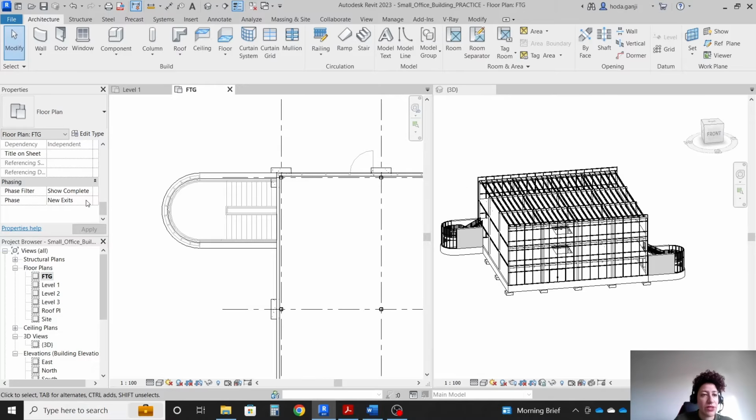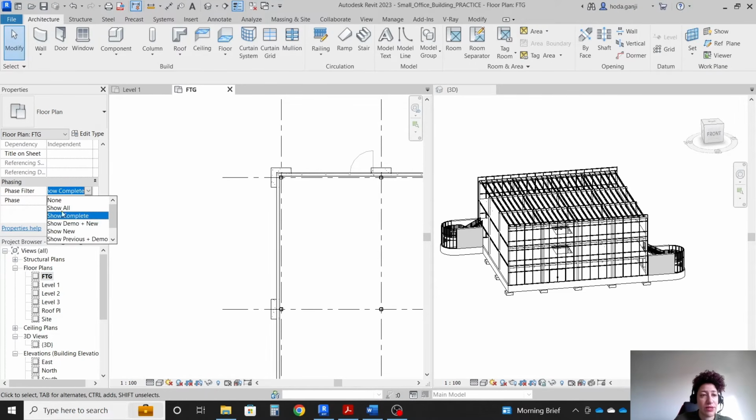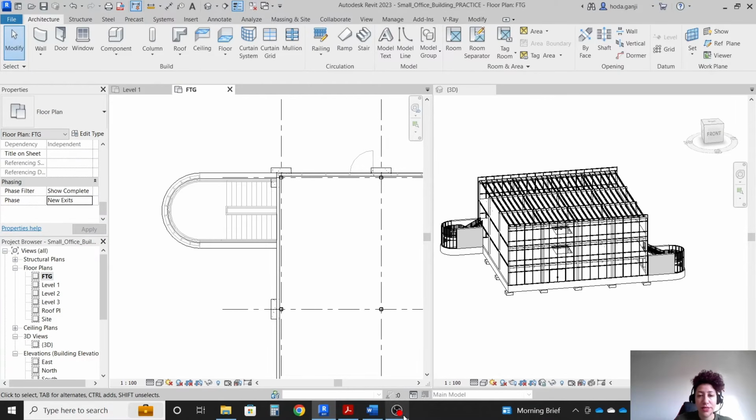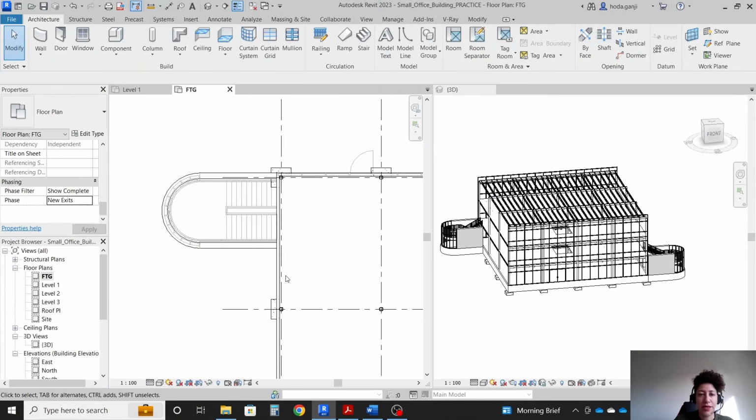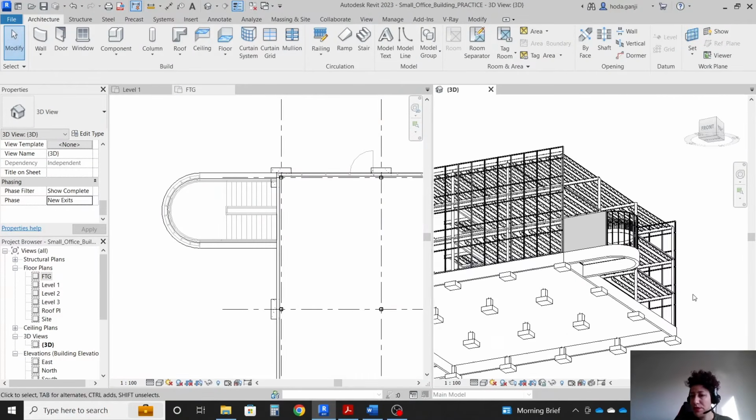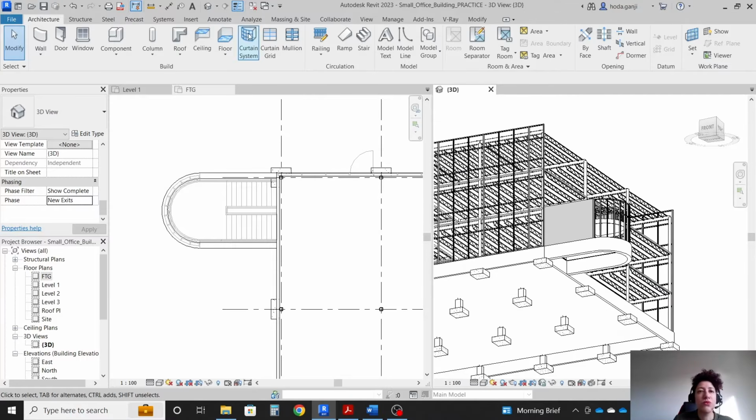Because if I decide that I go to existing or any other level, I should be consistent with my phases. I'll go with show complete here, and I'm gonna change this back to new exits. Oh, I forgot about the footing part, so let's go back here. On 3D it might be easier, and I'm gonna go with